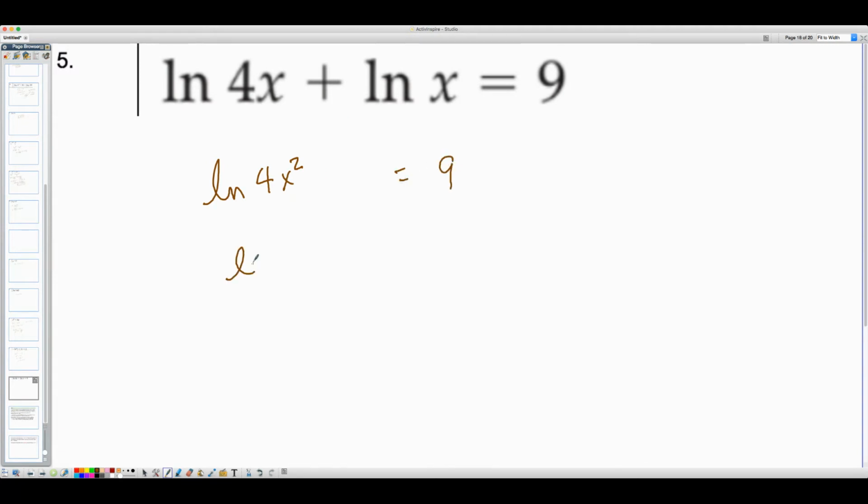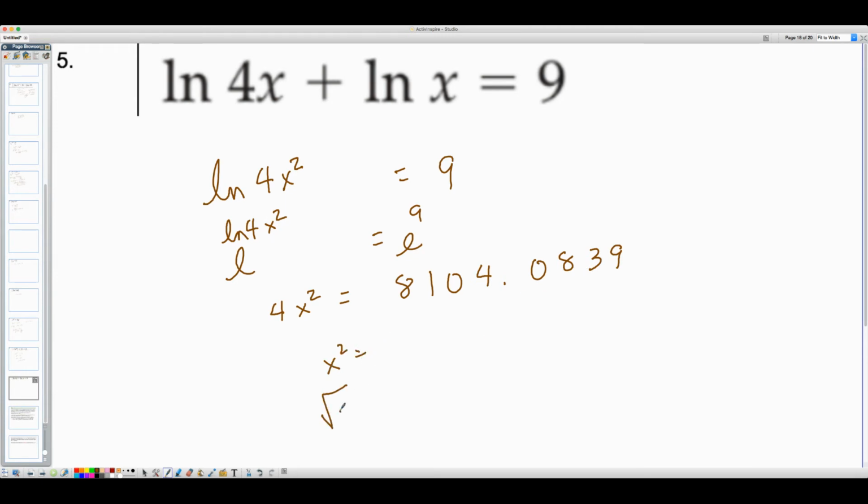And I'm going to raise e to this power, e to the natural log of 4x squared is equal to e to the 9th power. Now, when I take the natural log, I end up with 4x squared is equal to, and what is e to the 9th power? I will see here. e to the 9th power is approximately 8104.0839. Divided by 4, x squared is equal to whatever that is divided by 4,